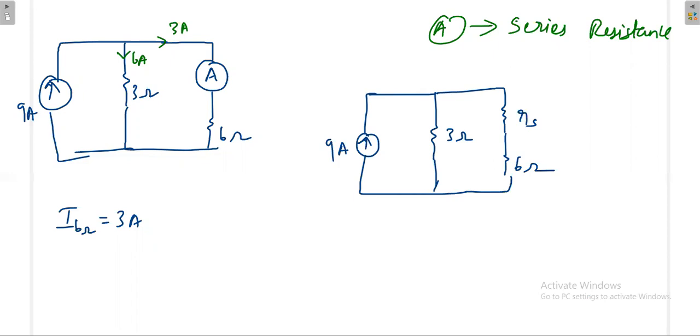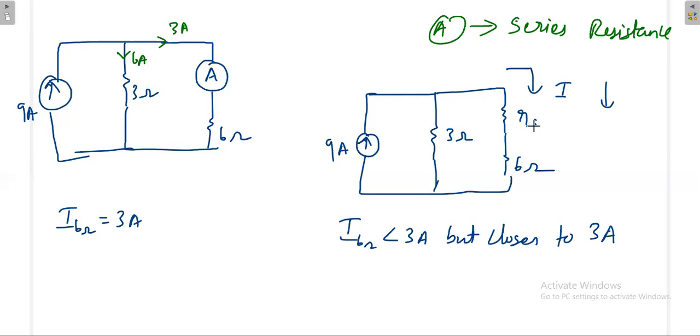As you have introduced a small incremental resistance, the current I will go down by a small value. If you apply the formula, you will come to know that after connecting the ammeter, the real current flowing, the real reading shown by the ammeter, will not be 3 ampere. It will be less than 3 ampere, but closer to 3 ampere. So now the current across 6 ohm is less than 3 ampere, but closer to 3 ampere.